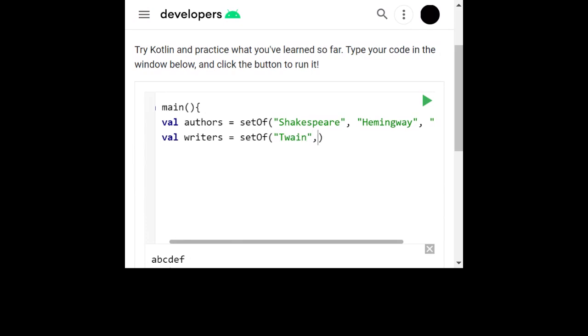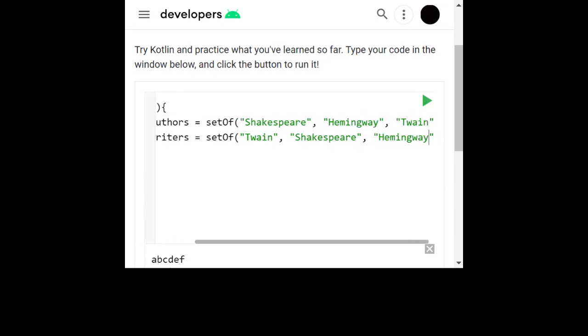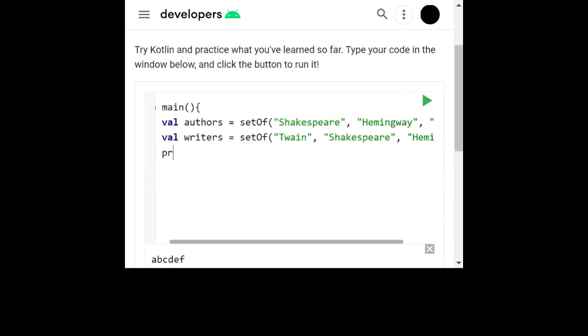So Twain, Shakespeare, okay, and then we have Hemingway, and we'll print this, like authors double equals to writers,